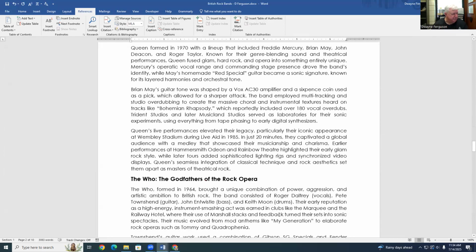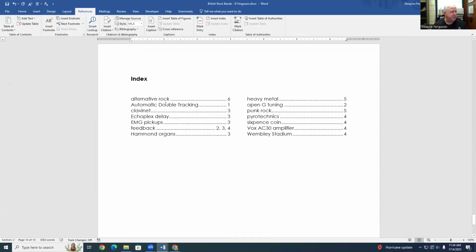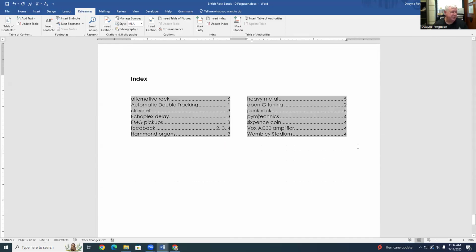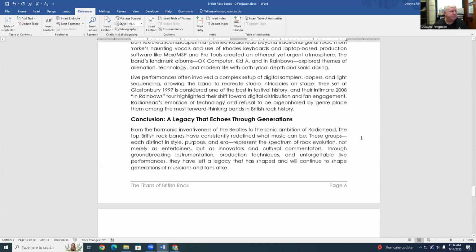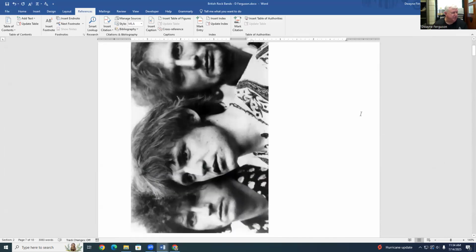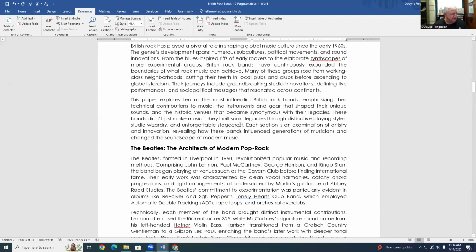The other thing is, if you look down here at the bottom, if let's say we moved a paragraph around, the index would have changed. So you need to right click the index, always update the field whenever you get through working on your document. Okay, so one last thing I want you to see. This is looking pretty good, but when you get through with a document, you always need to look at things